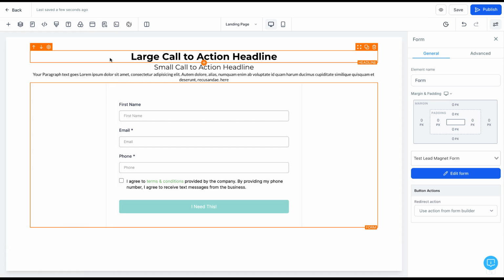Now, let me think of an idea. What can I do as a lead magnet? I'm going to go over to my handy AI. I use copy.ai. You can use ChatGPT if you want. This one's paid, but it doesn't matter. It depends on what you're using it for. But I'm just going to put in here, write me landing page copy for my free downloadable worksheet that helps high value women